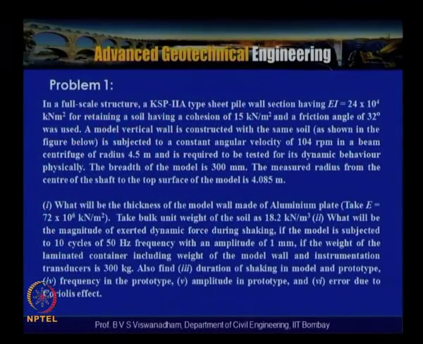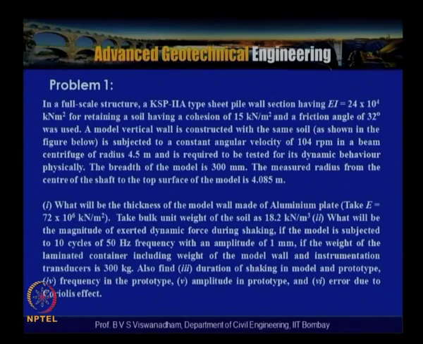So where n is equal to the scale factor or gravity level, in order to get that, as we know the model weight and model height, what we can do is calculate the radius up to the point where the stresses in the model and prototype are identical, that is, the effective radius Re is equal to RT plus Hm by 3. After having obtained that, by using Ng is equal to Re omega square, we can calculate the RPM, and then you can calculate the n.